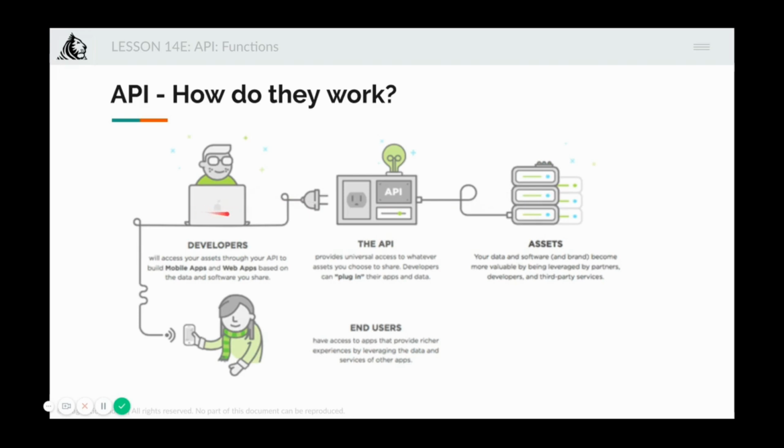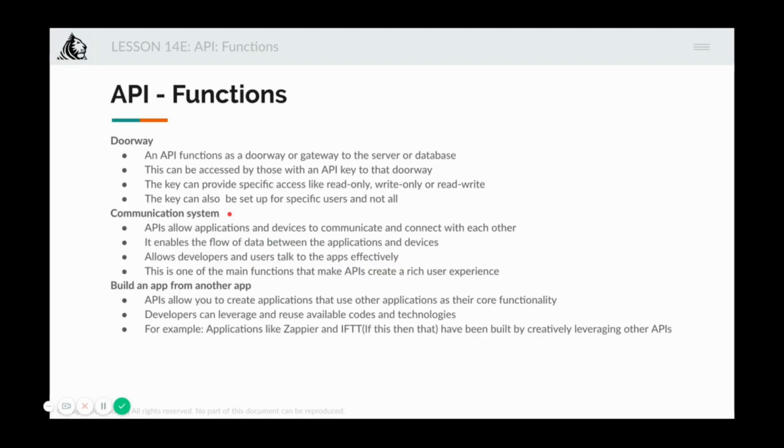Without letting the developer get into the mess of interacting with you, you can provide a standard way to connect with your application and fetch the information. So the API function is a doorway or a gateway to the server or database without actually giving them any kind of actual